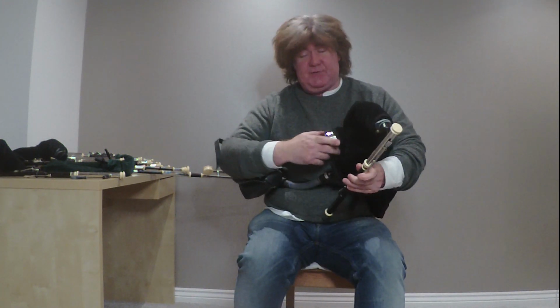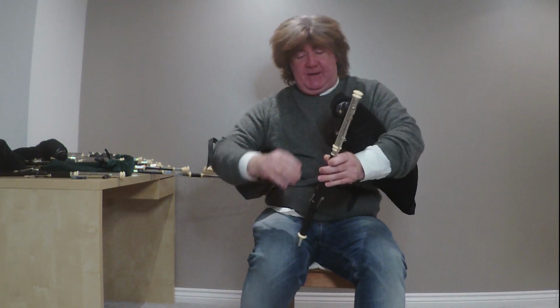But of course a lot of people just go for the half set or the full set in a one-piece thing, and have everything set up for them at the one time. But it is possible to add drones, no problem, and that takes you to a half set. A half set being bag, chanter, bellows and drones, and that's what I'm going to talk